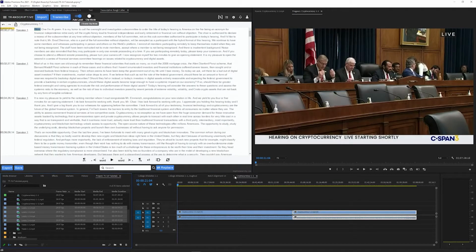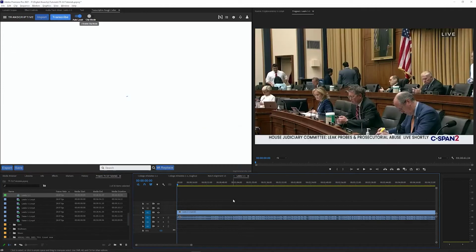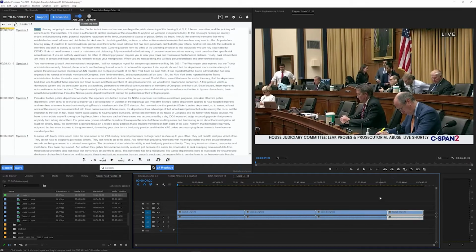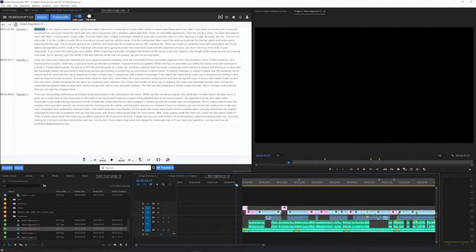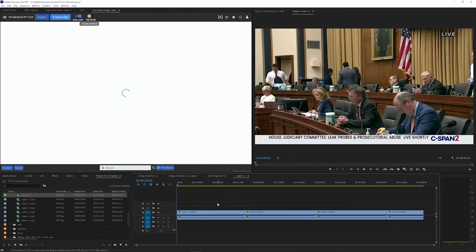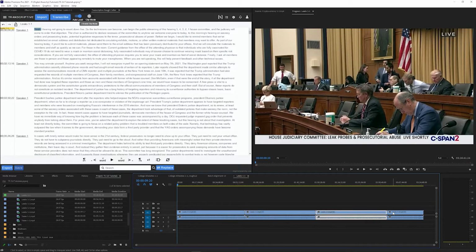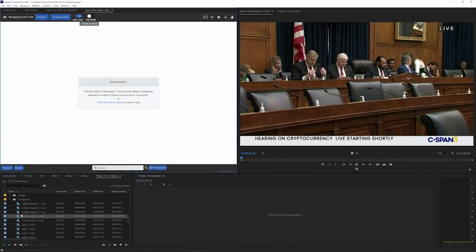One important thing to know before you get started is that this feature is for use on simple string-out sequences or individual media files and not for complex edit timelines. It's for taking a video or audio file or a sequence with a set of video or audio files and converting it into a rough assembly timeline. But it's not designed to work on edit timelines that may have things like graphics, adjustment layers, etc. The Premiere XML that we use to create the rough cut timeline is likely going to result in an error if it's used on an actual edit timeline. Something like this though, where you have some of your source files strung out in a timeline, will work.